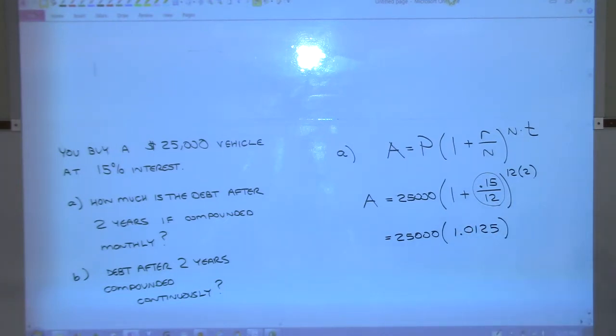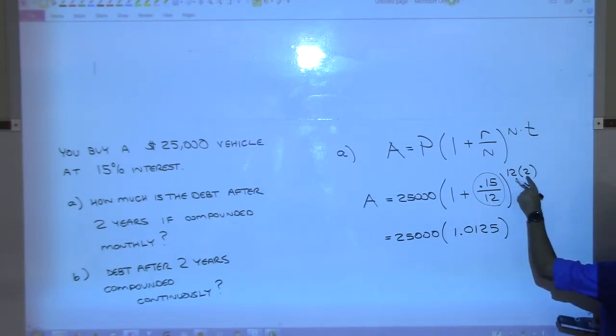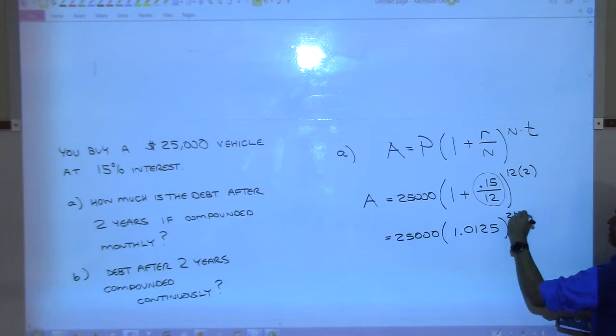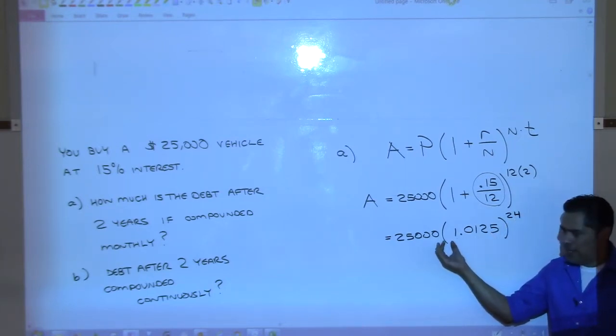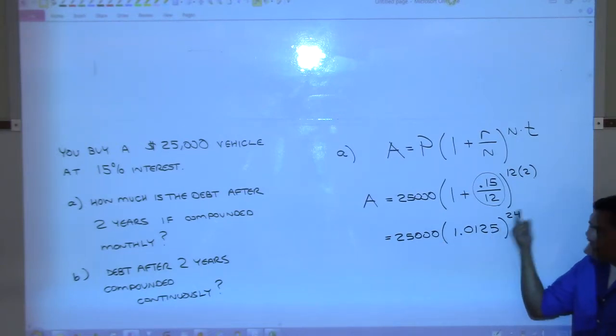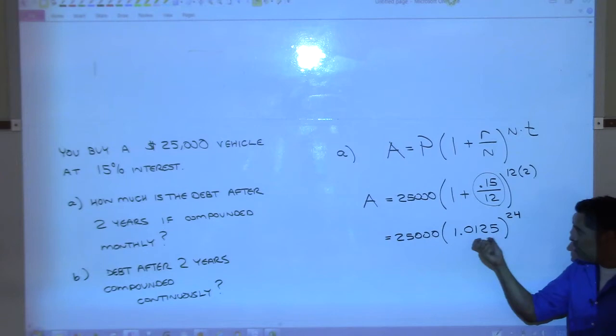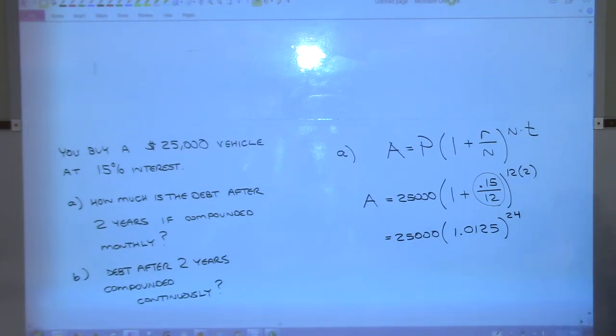And then I'm going to raise that to what power? 12 times 2, right? Which is 24. Now, do I take this and raise it to the 24, or do I multiply these together first? What comes first, multiplication or exponents? Exponents first. So make sure you do this to this power now. So take that, raise it to the 24th. I'm going to write that down,